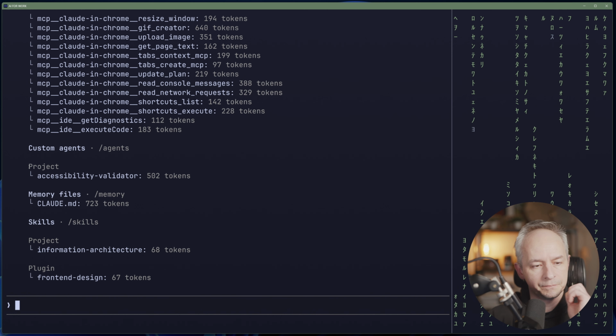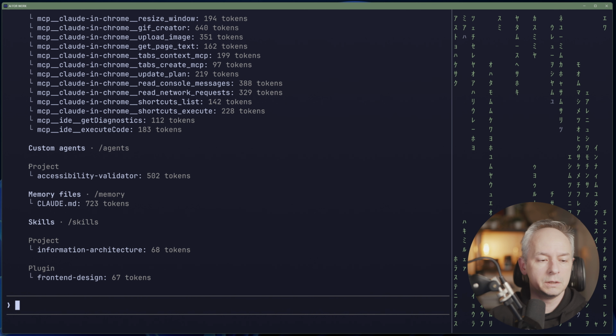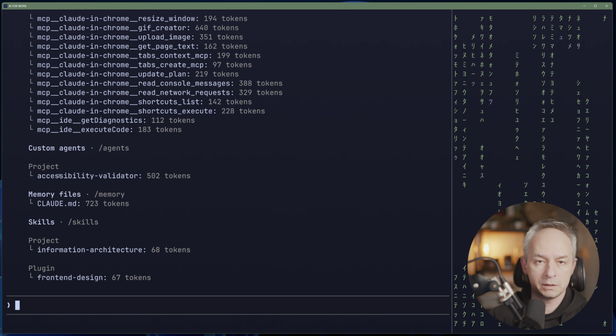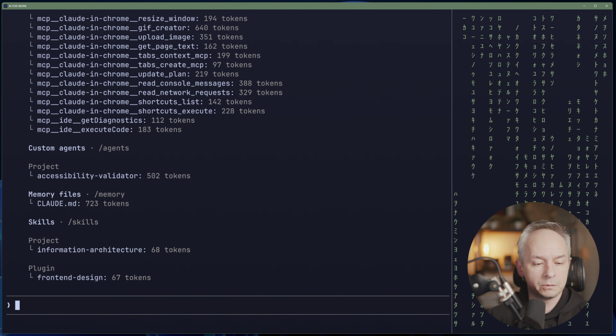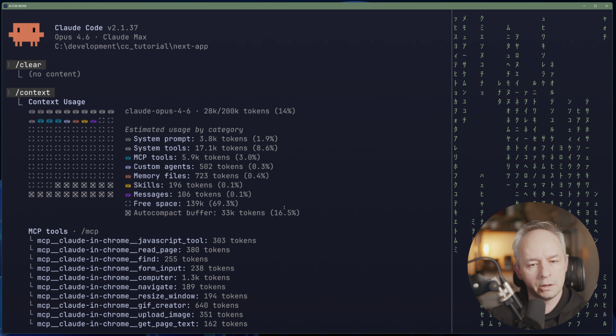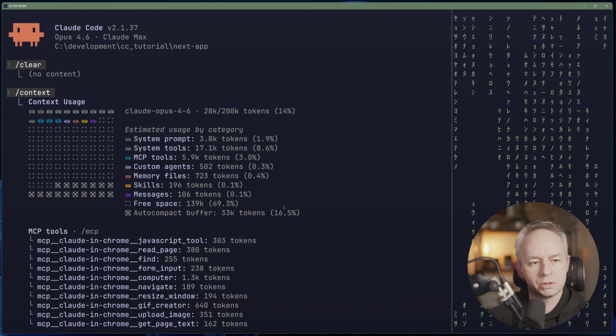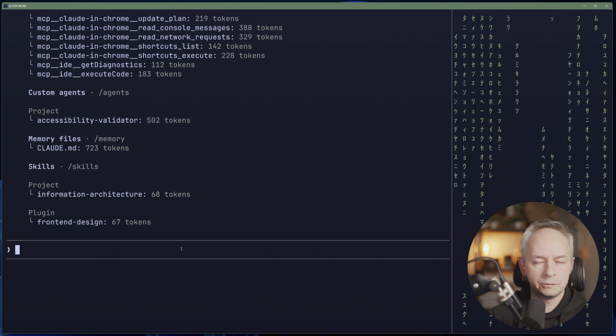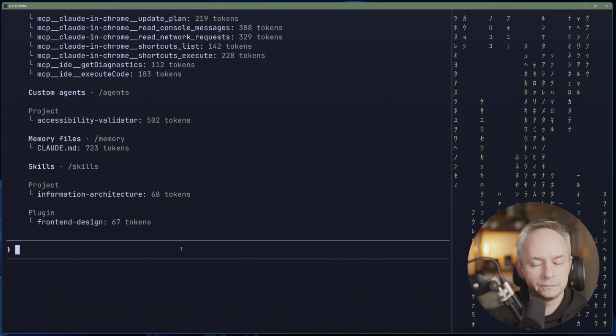Also, the agents in general are going to be listed here. In our case, we just have one, the accessibility one. Skills: the information architecture, and then front-end design. You don't have to use it all the time, but it's a good way of understanding how much has been already used. And if you would like to free up the context itself, the other / command